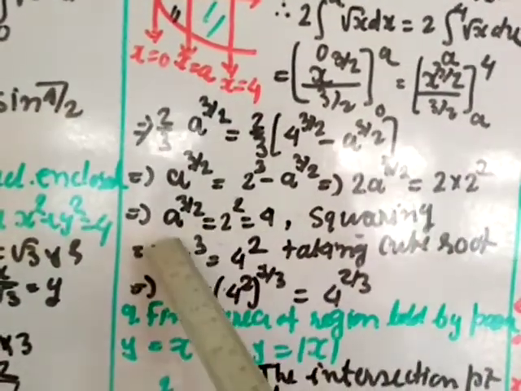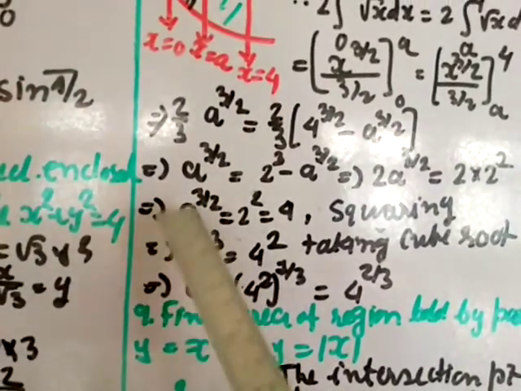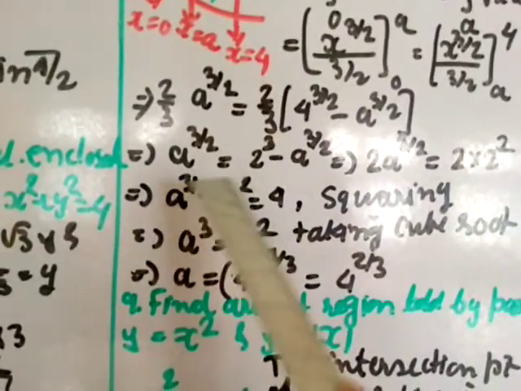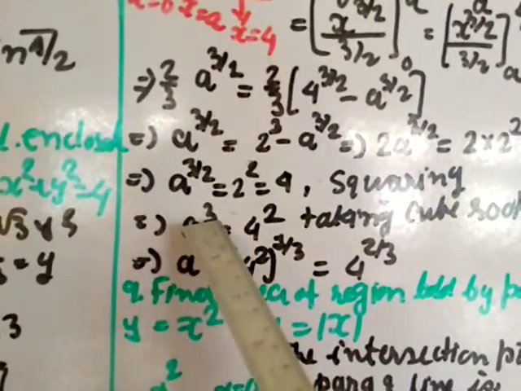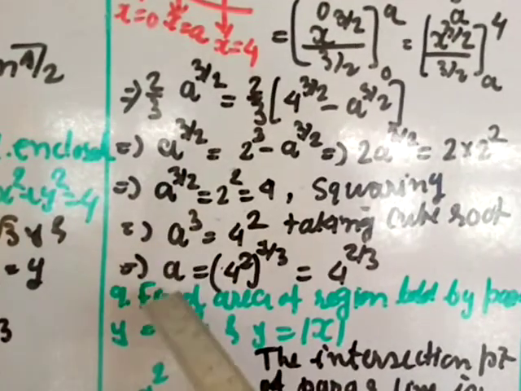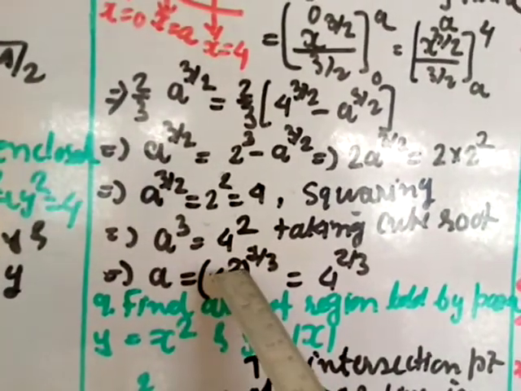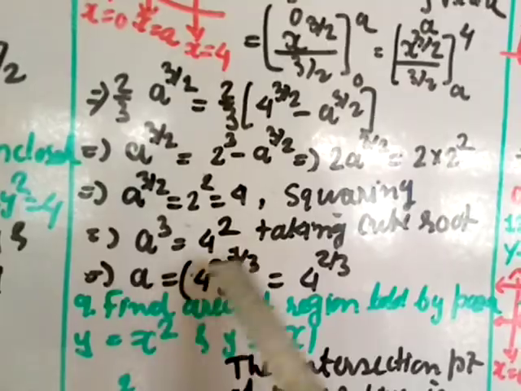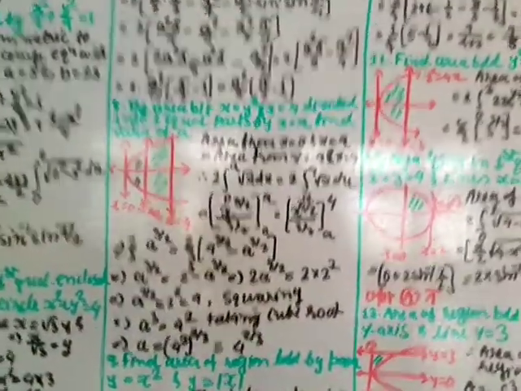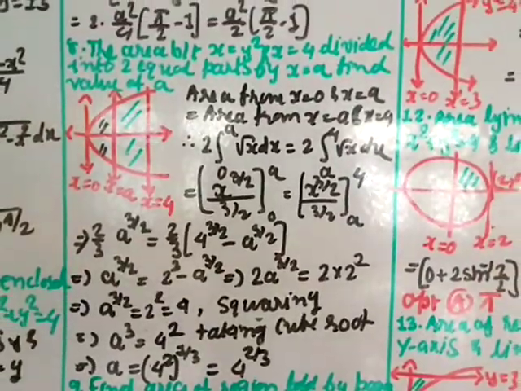Now I want to find the value of a, so a by 3. What I am going to do, first I am squaring both sides because of the 1 by 2 power. So when you square, a cube remains and here 4 square. Now take the cube root because I want only the value of a, here power 3 is there, so when you take a cube root, here 4 power 2 power 1 by 3, these powers combine to 4 power 2 by 3. So the value of a is 4 power 2 by 3, and that is the answer for question number 8.